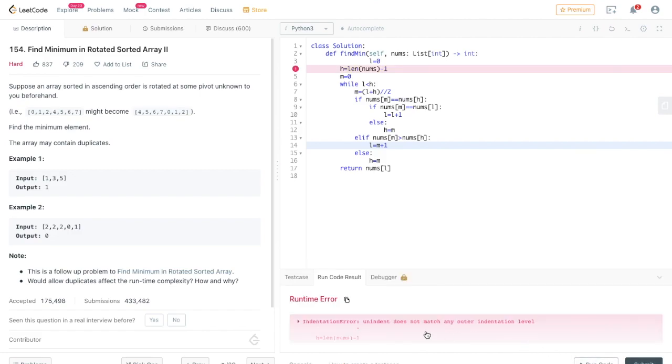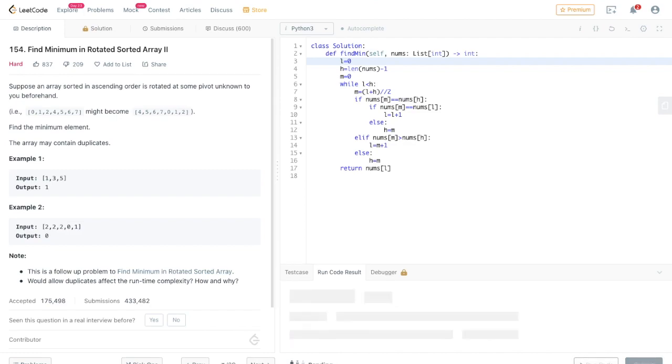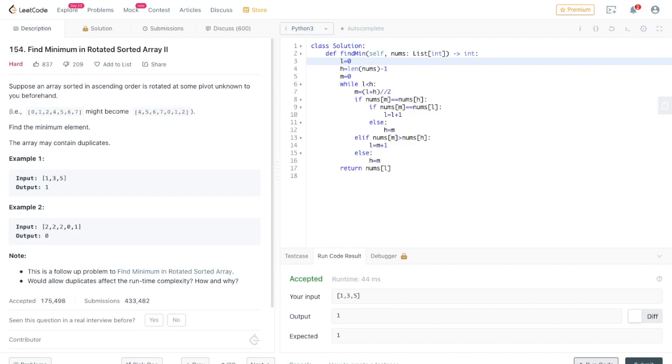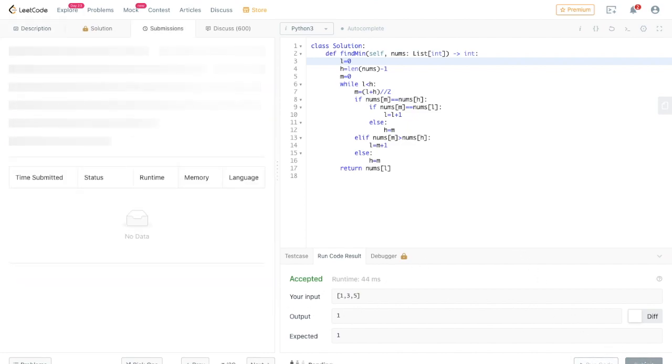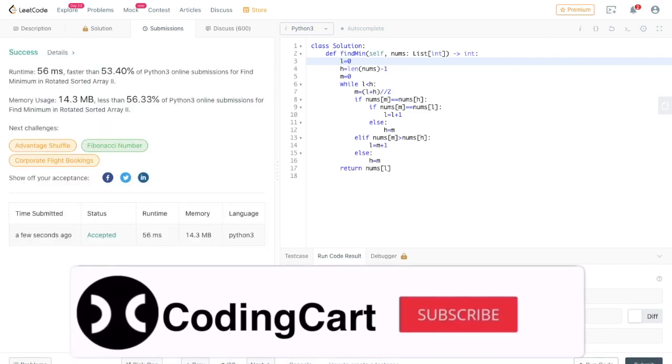So we are getting an indentation error. This low will be here. So you can see here it got accepted. So let me submit this code. So you can see here it got accepted.